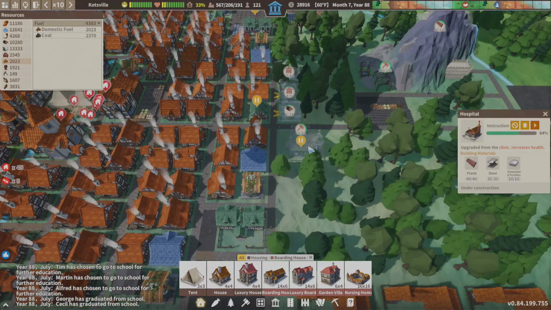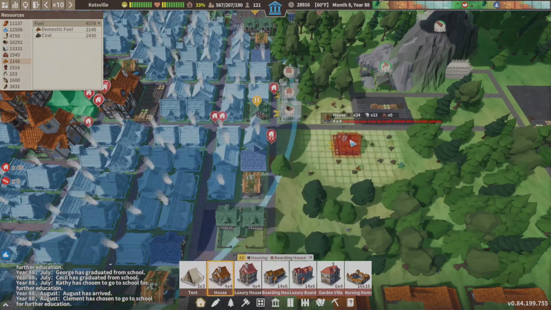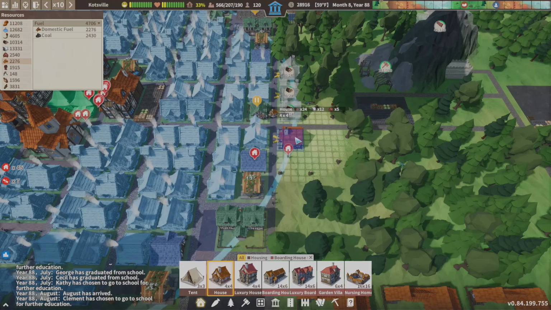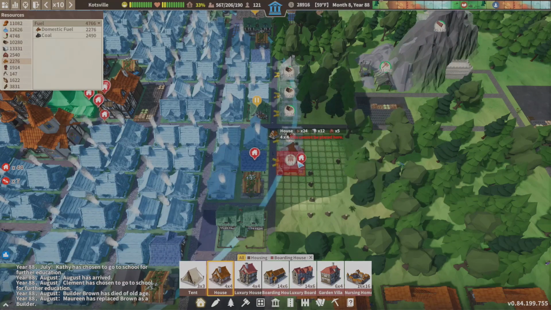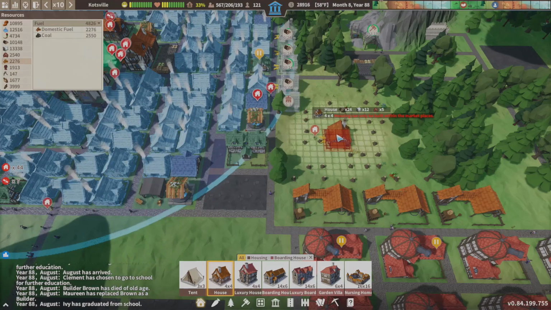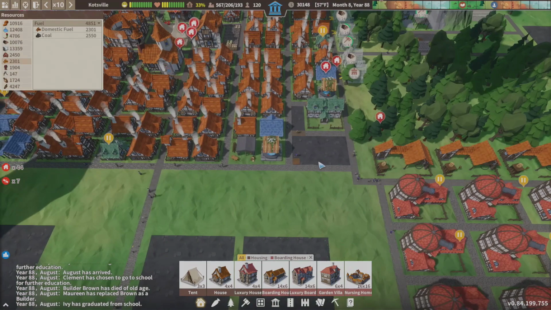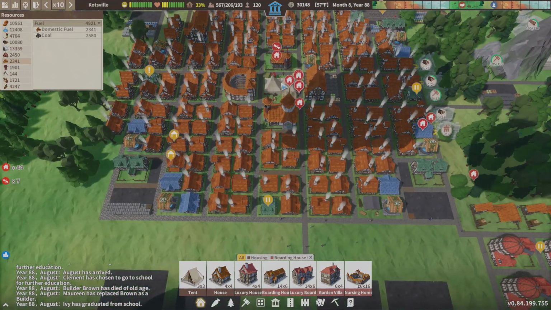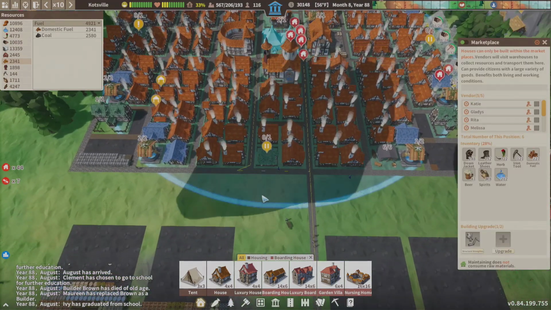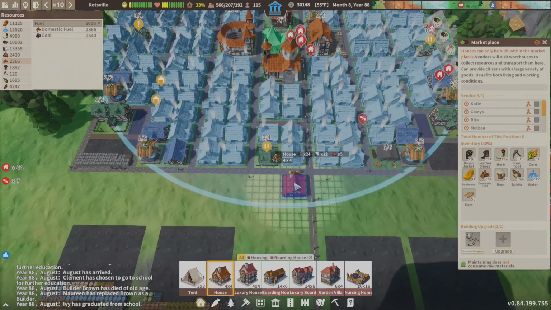You know what? We're going to take that one out. And I would rather have 2 more houses here, which is fine. Oh, and we need to still go chicken hunting. Chicken hunting would be good. I haven't forgot about, well, I did kind of forget about the chickens, but